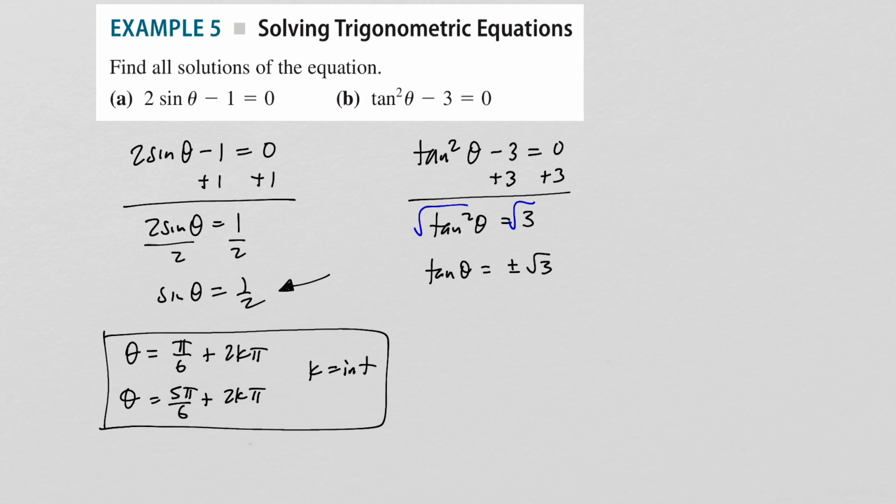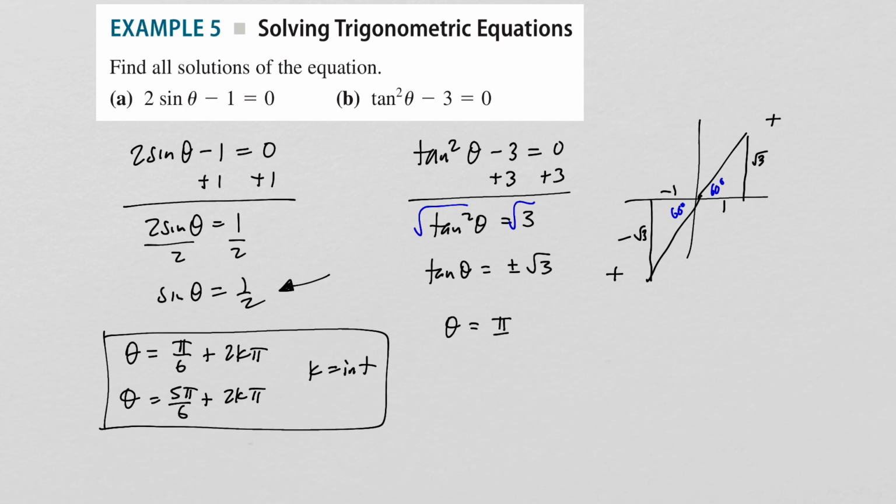So now we've got to think about where is tangent positive radical 3 and where is tangent negative radical 3. Well, the positive radical 3 for tangent is going to happen in the first quadrant and the third quadrant. And the picture of the triangle would look something like this. It's going to be radical 3 over 1, or down here it'll be negative radical 3 over negative 1. And we should know that this angle here is 60 degrees in both cases. And 60 is pi over 3. So one set of solutions is going to be pi over 3 plus k pi, because again, these angles are